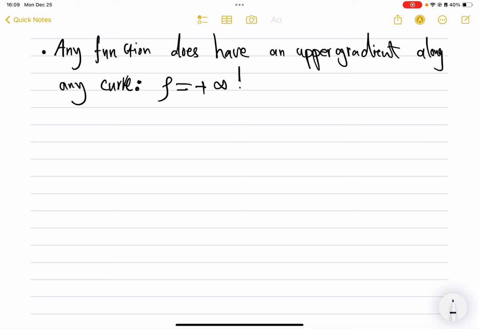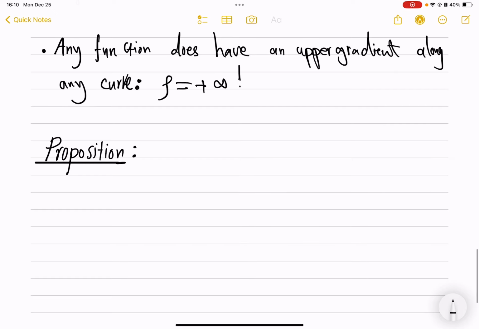I want to write down a proposition and end this lecture with that, to give you an idea of how better upper gradients do give us a lot of information. And later we will, of course, continue the study of upper gradients and later weak upper gradients and get into much deeper stuff. So the proposition is that if rho, remember again,